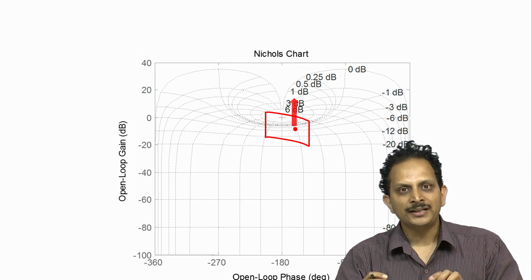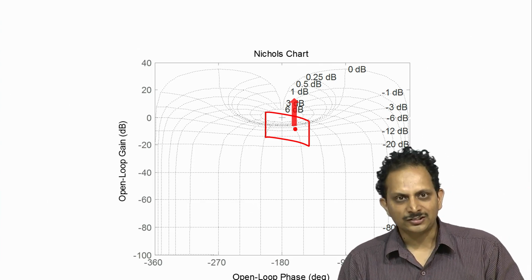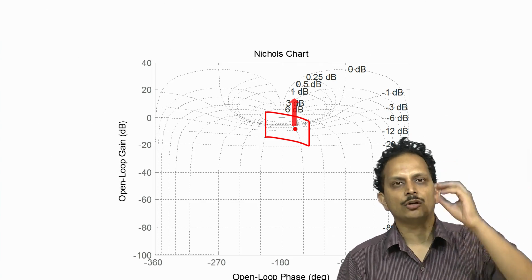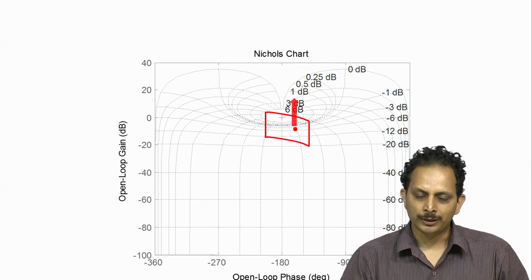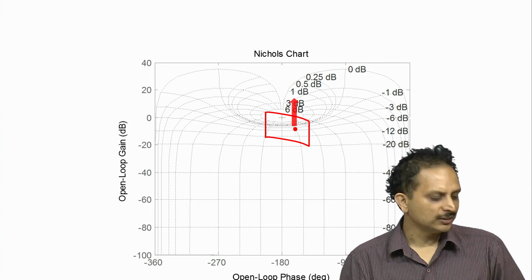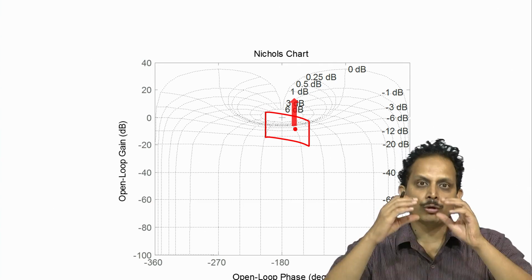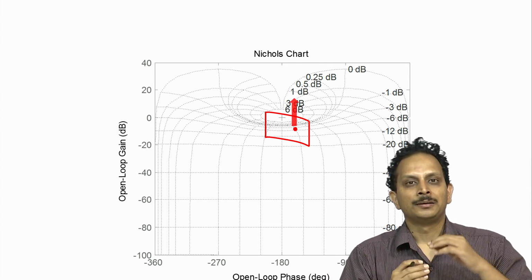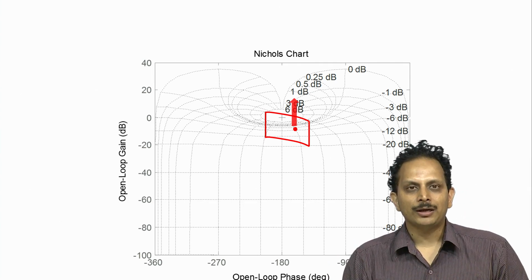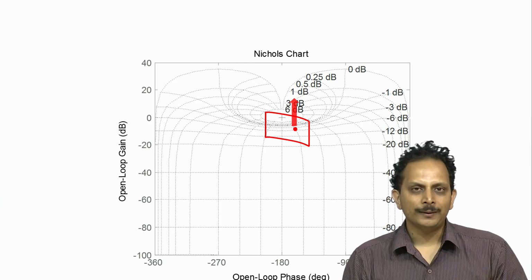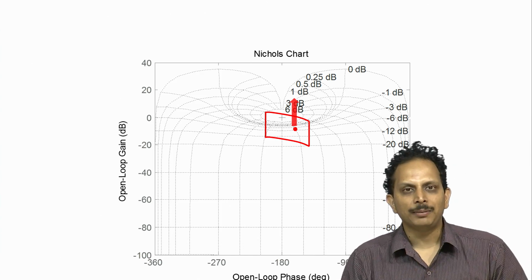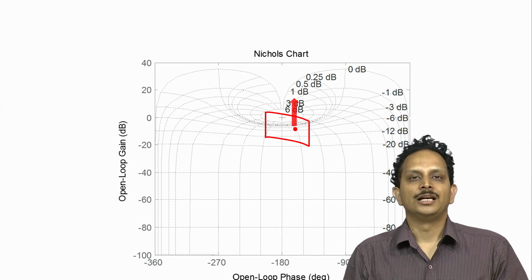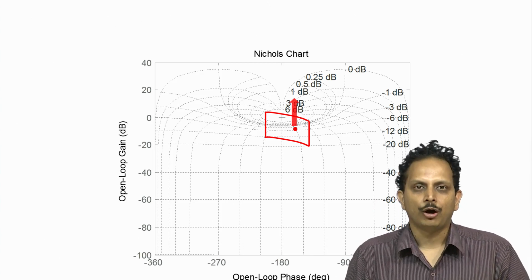Hence the plant template stays put at the same x position in the Nichols plot but gets displaced along the y axis. So it moves up when the controller gain is increased, and at each location as it is moving up we can check for the maximum T1 upper and T1 lower at each location within the plant template and determine whether it is now within the specified limit, namely 2.3 dB, or not.